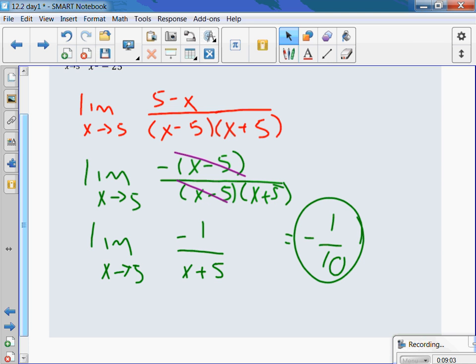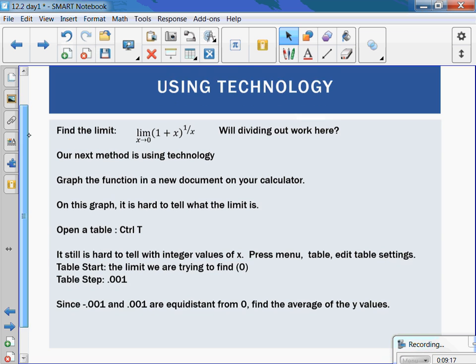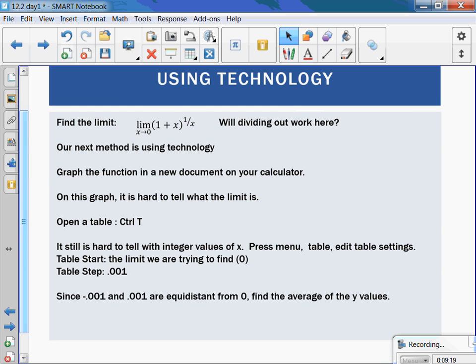Question. Sometimes the dividing out technique does not work. Direct substitution does not work. In particular, if we had something like the limit of 1 plus x to the 1 over x as x goes to 0. Why can't I use dividing out? Nothing to divide out. Direct substitution won't work because